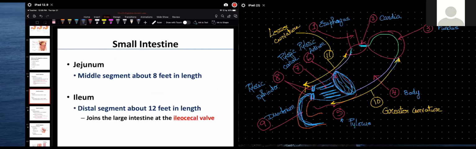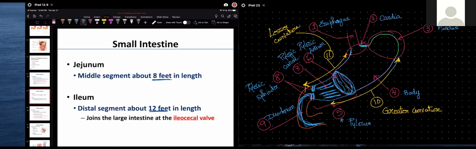Located distal to the duodenum, we've got the jejunum, which is the middle segment of the small intestine, and it's going to be about 8 feet in length. Distal to the jejunum, we've got the ileum, and it's about 12 feet in length. And it's going to be carrying the remaining part of the food that remained unabsorbed and undigested to be conducted